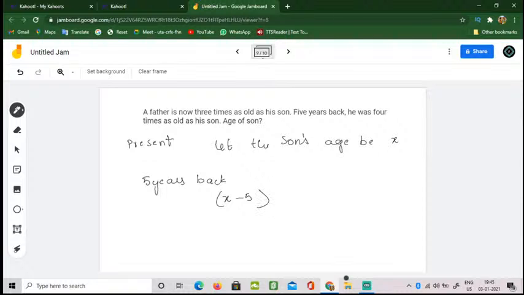Now we have to read the question carefully. He was 4 times as old as his son 5 years back, so we write 4 here. In the present he is 3 times as old as his son, so the father's age will be 3x. Present father's age is 3x, and 5 years back his age was 4 times x minus 5, that is 4 times his son's age. Now if we equate both,